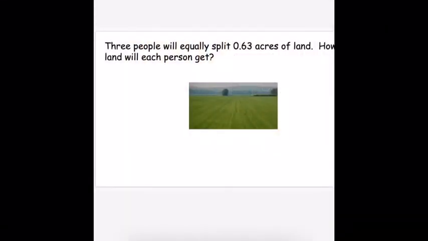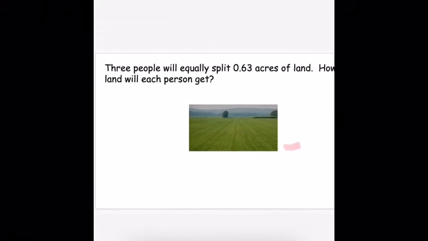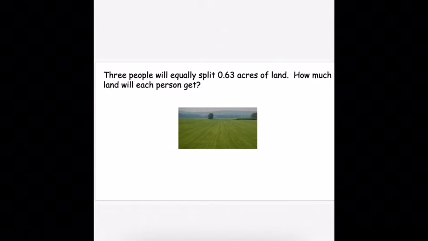Next problem: 3 people will equally split 63 hundredths acres of land. How much land will each person get? I notice a couple of really good words that help us determine that we are dividing. I see the word equally, that makes it pretty safe to use keywords, and I also see the word each. But even not relying on dangerous keywords, we can look at that and know that there are 3